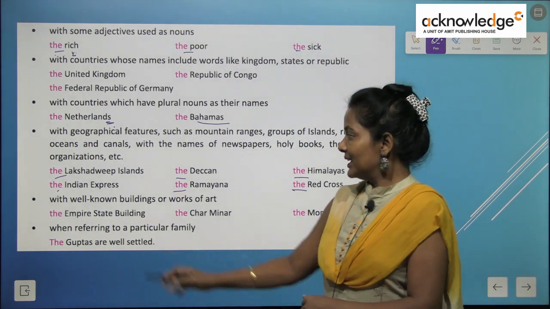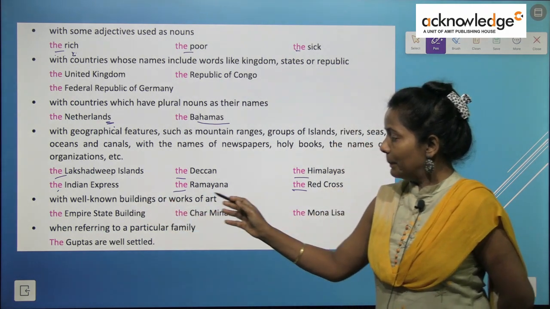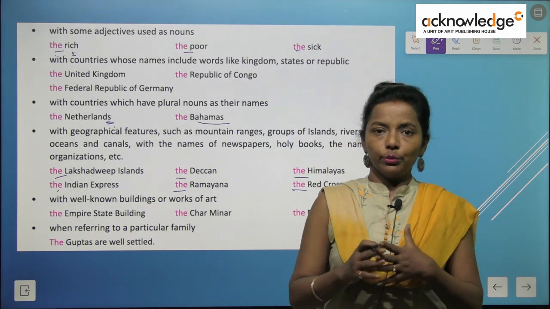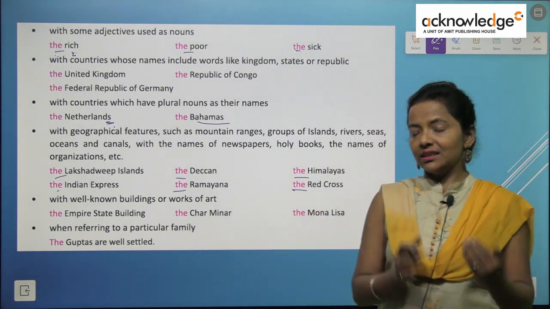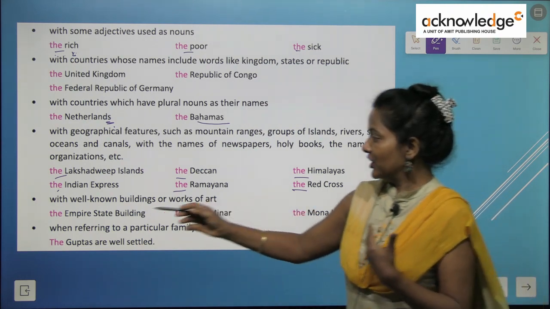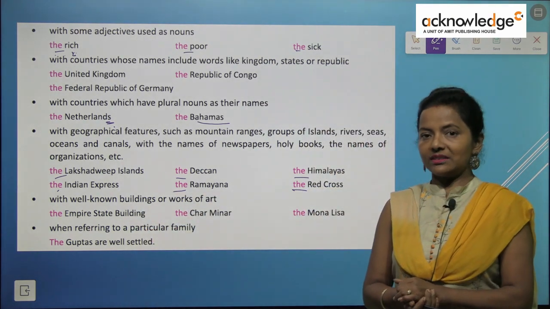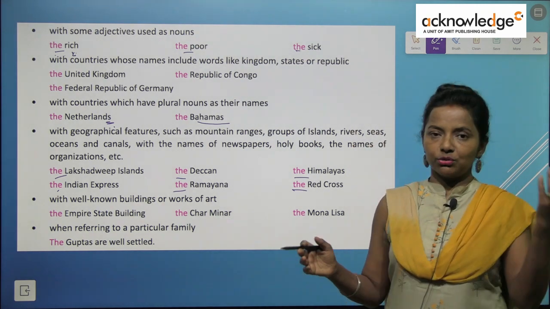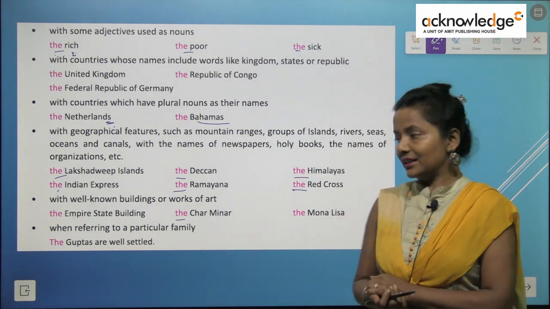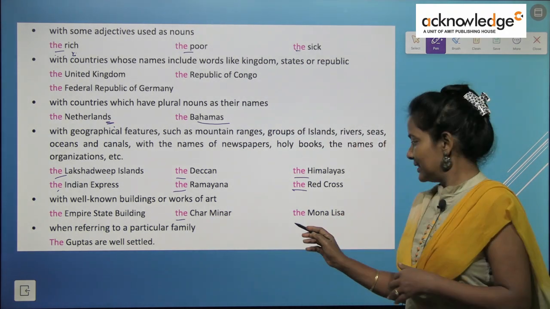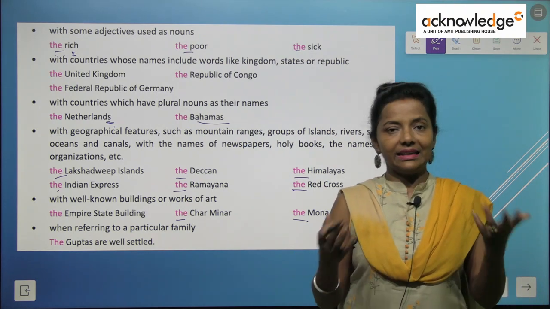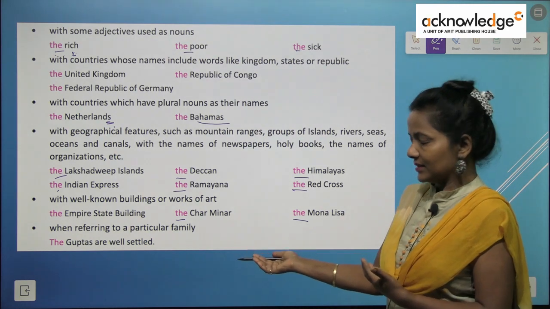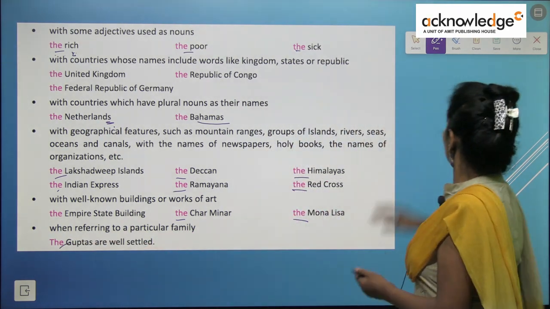Understood, children? Now next, with well-known buildings or works of art. Well-known buildings, जो प्रसिद्ध buildings हैं, उनके साथ the use किया जाता है. Like the Empire State Building, it's a very famous building. द चार मीनार, चार मीनार बहुत मशहूर है हैदराबाद का, सो उसमें भी हमने द लगाया। द मोनालिसा, सो जितने भी फेमस आर्ट वर्क हैं या बिल्डिंग्स हैं उनके साथ द यूज़ करते हैं। द गुप्ताज आर वेल सेटल्ड, द गुप्ताज अगेन।